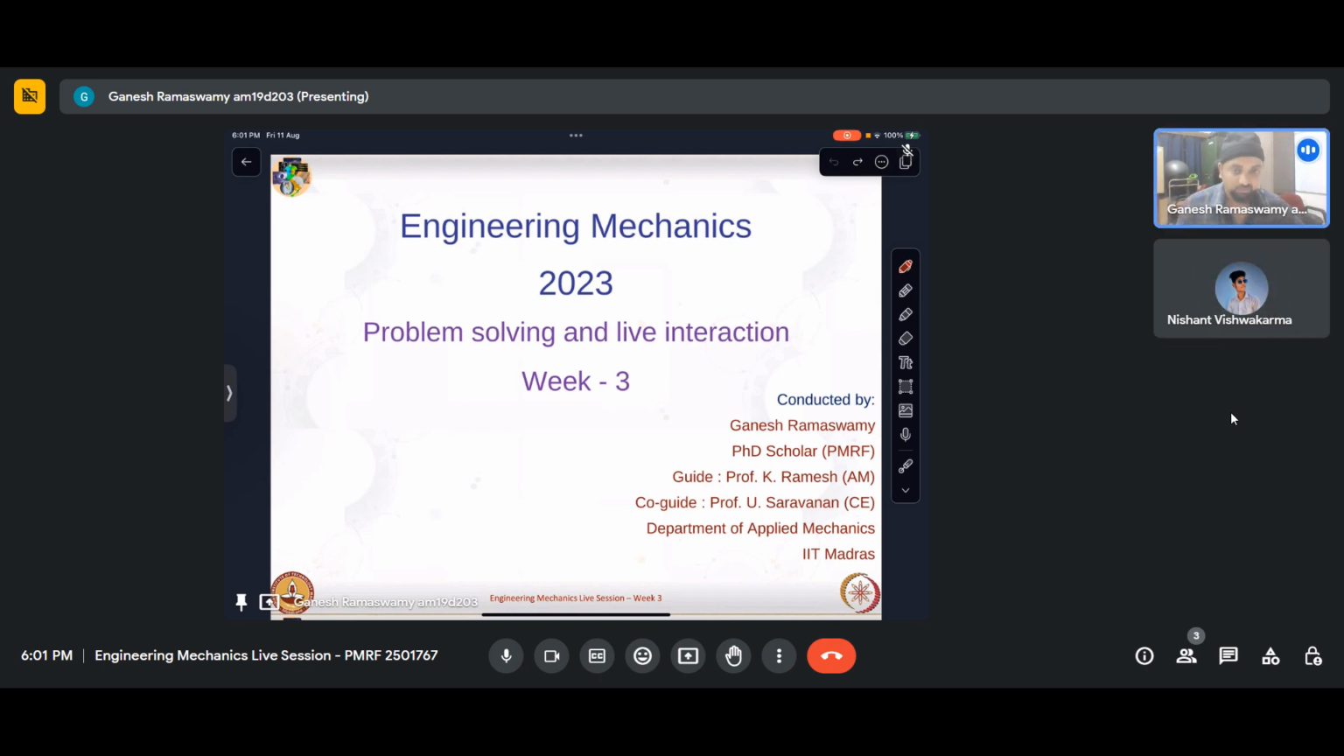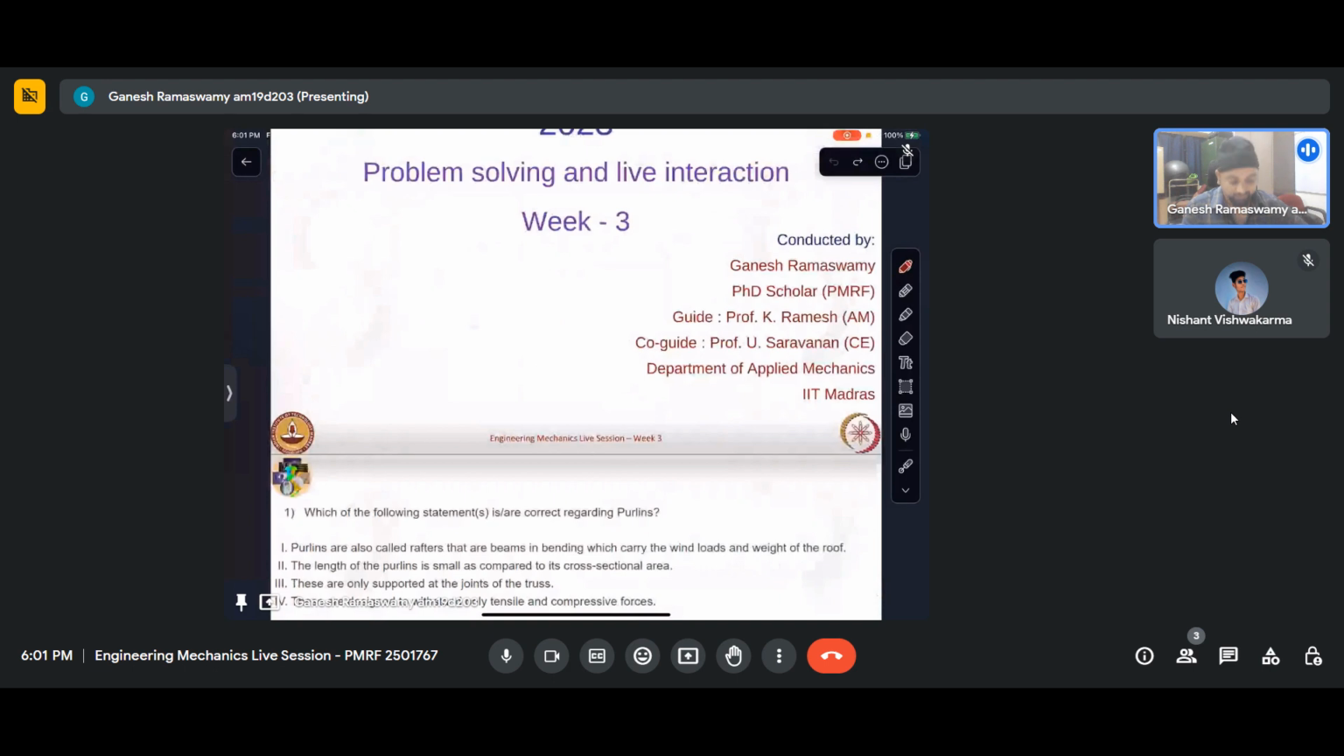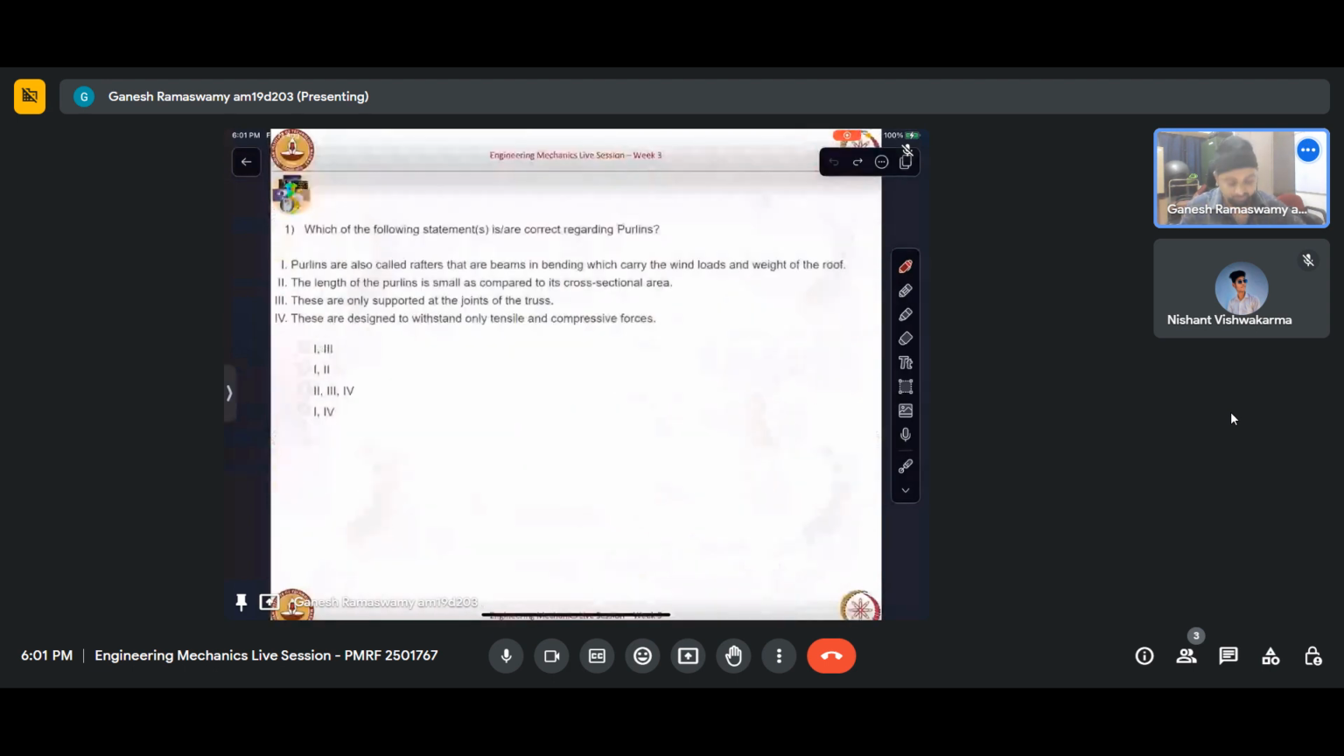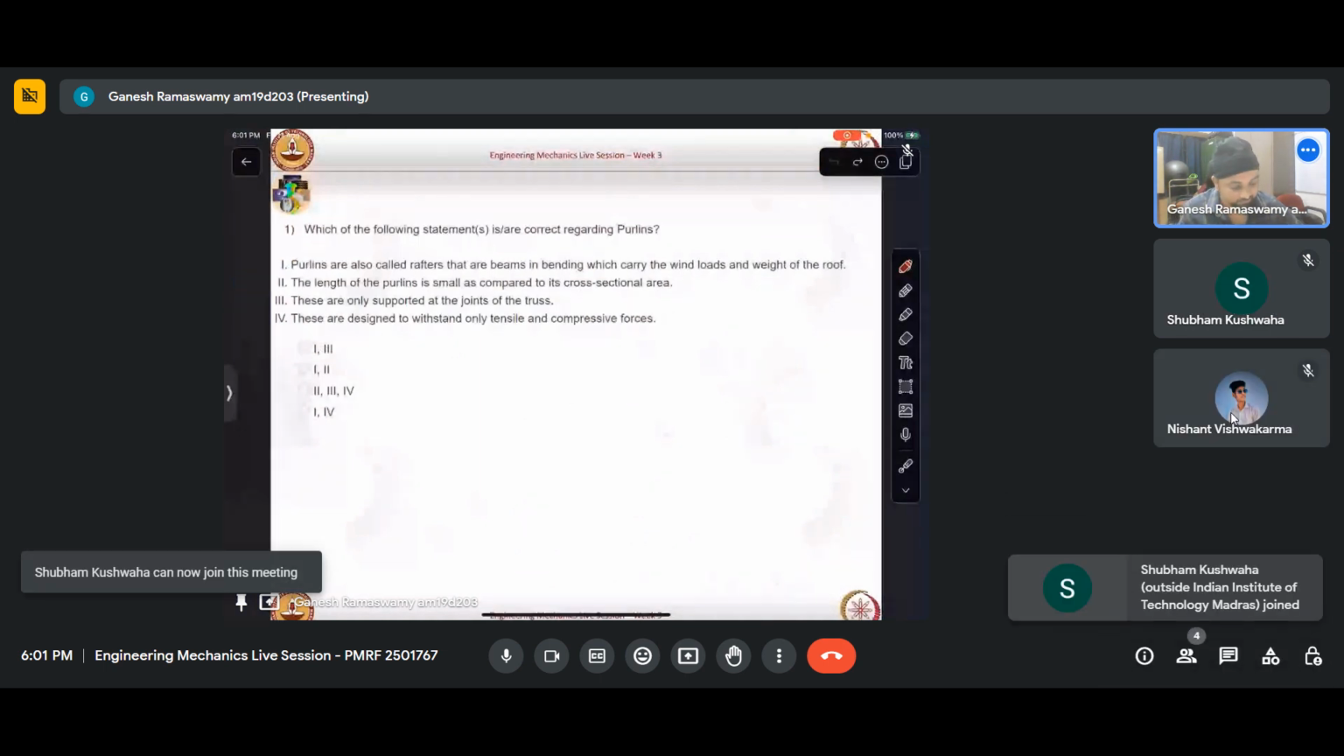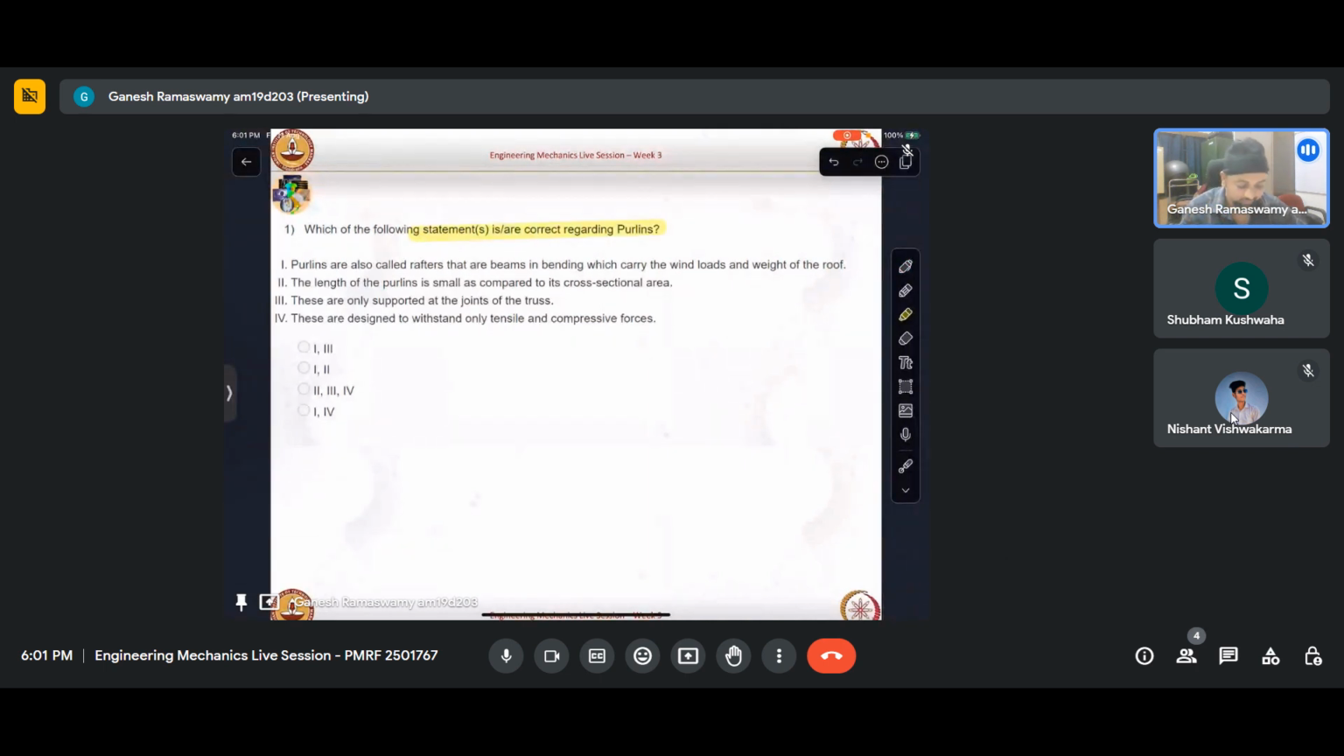Okay, so today, essentially, we'll be dealing with the topic of trusses and a bit of beams. So let us take a look at the first question. The first question asks, which of the following statements is correct regarding purlins? Just to brief about what purlins are, essentially if I take a member like that